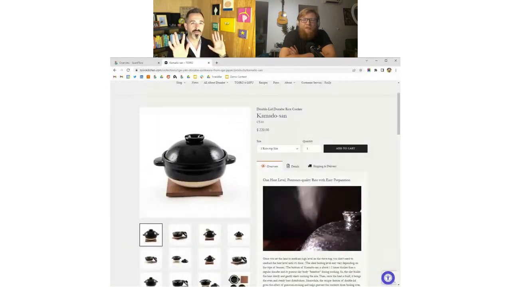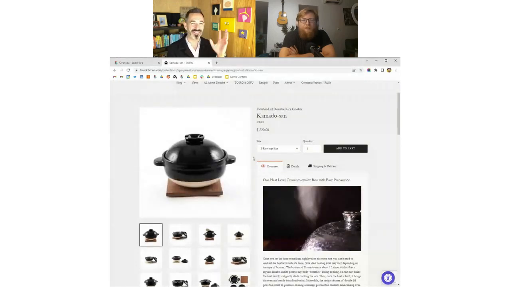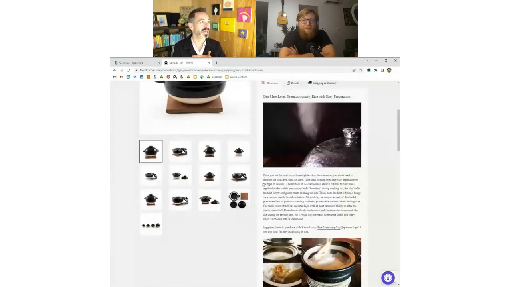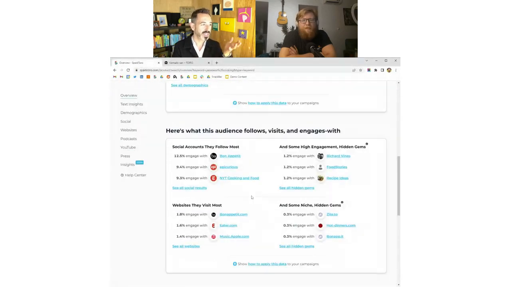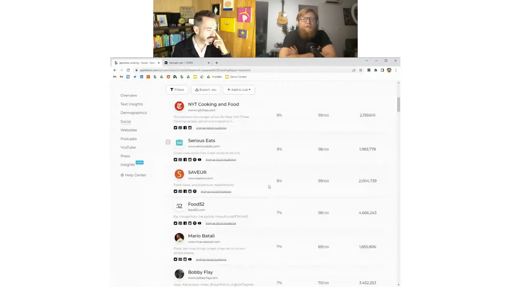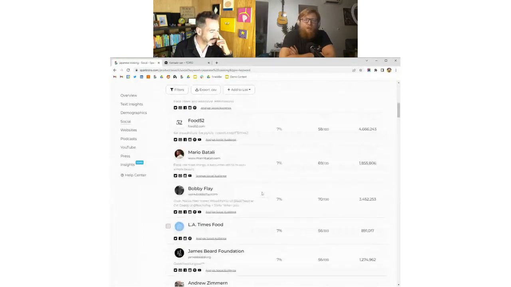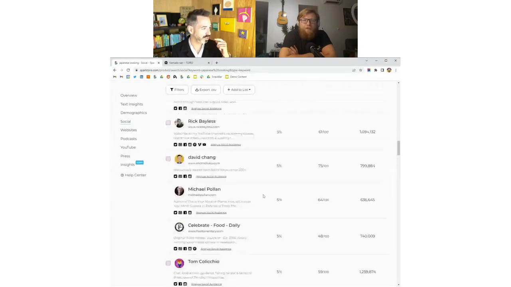It makes phenomenal rice. It's this beautiful showpiece, and it's really fun to interact with generally. It's very sensitive. You can only heat it to a certain temperature and you have to take a lot of care of it, but I love it. I think it's just this beautiful thing. And it was essentially sold to me because these sources of influence that I pay attention to in the food world kept bringing it up. I think it was in Serious Eats, and then I saw it mentioned in a few other places that I follow.